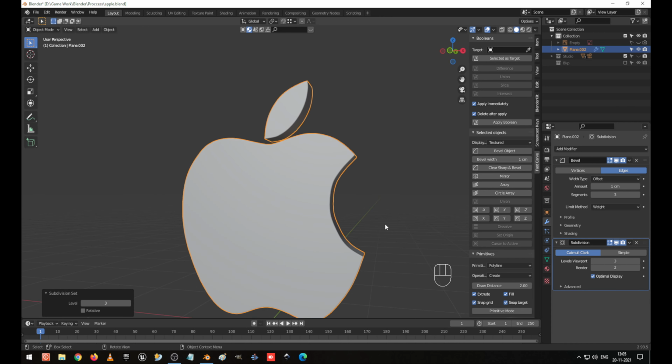So I go to the top. Okay, I press the period key. Now I go to the front view, Shift Z and G Z to move towards here. I press the period key to zoom it. I go to the layout again, I press the period key. Now go to edit mode.